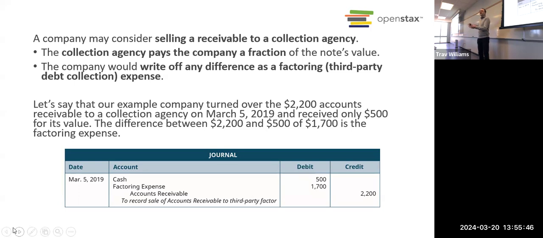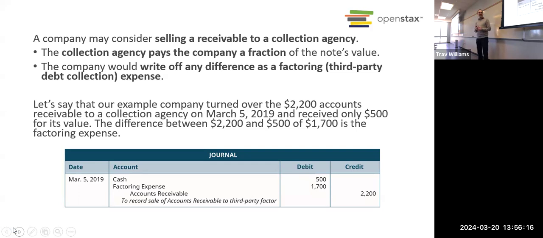They'll probably add some fees, some collection fees on top of it and late charges and things. They have ways to try to increase how much money they can collect. And these collection agencies, they can be pretty darn aggressive. Even illegal sometimes. They sometimes overstep the bounds. They lie to customers and tell them they owe money they don't actually owe and things like that, in some cases. But anyways, that's not our problem because